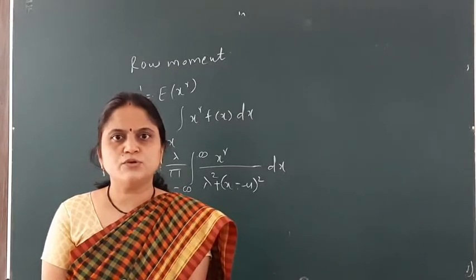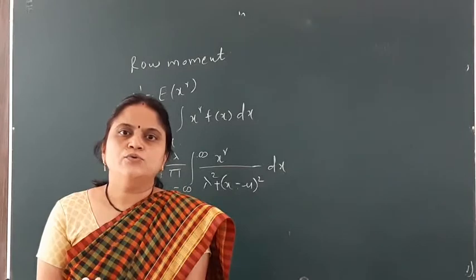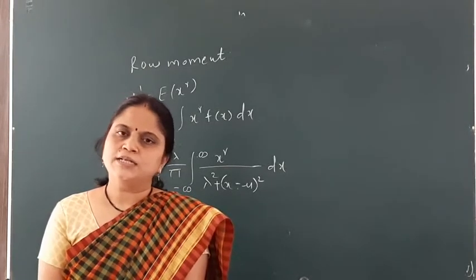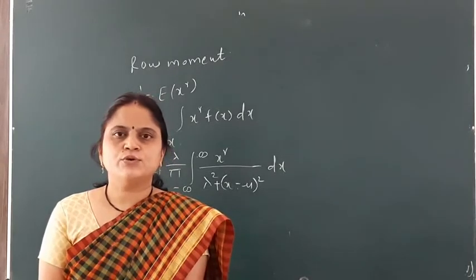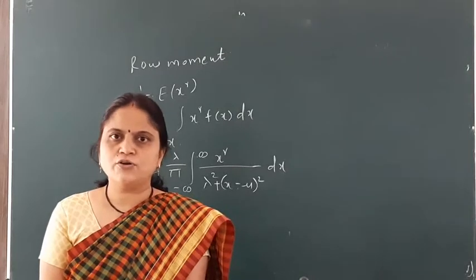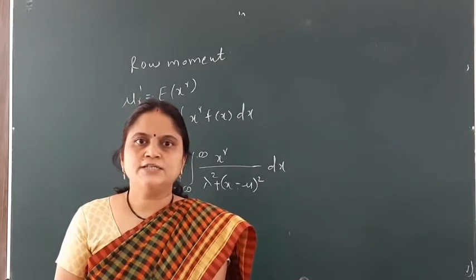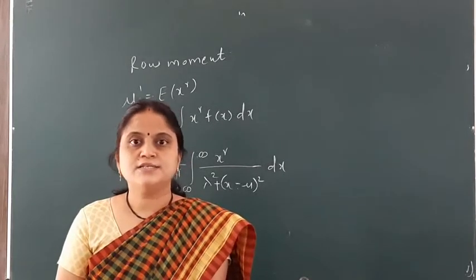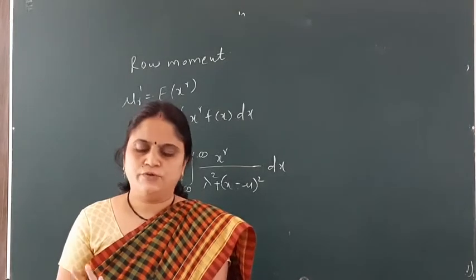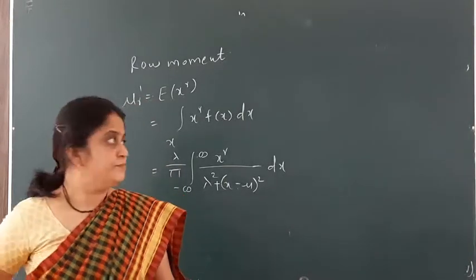Since raw moments about origin do not exist, we cannot find any value of moment, that is mean, median, or any other. And since we cannot find moments, we also cannot find Karl Pearson's measure of skewness and kurtosis for the Cauchy distribution. This is the only distribution whose moments do not exist, that means it does not have mean or variance. Fine.